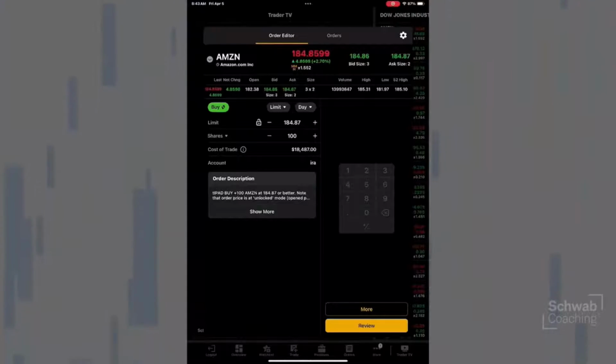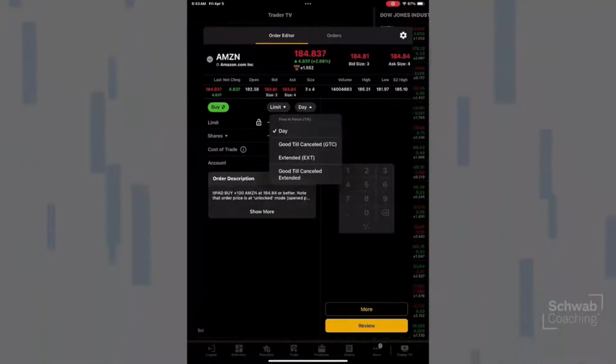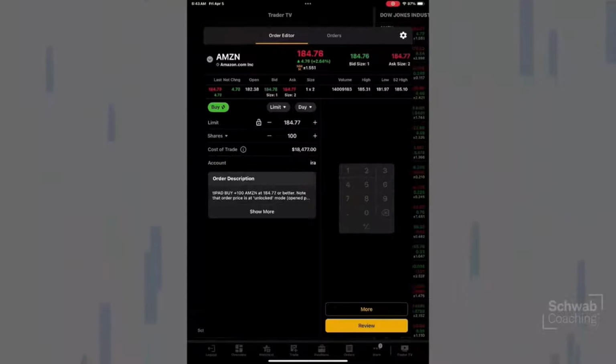Now, what you're going to notice is it's going to show that it has a buy. We can click on sell, change it back to buy. There's the order type that it is, okay? Day, or good till canceled, whatever you want. And let's just do a quick example. Let's imagine that we wanted to buy Amazon stock and we don't want to do 100 shares. Let's say we just want to do 10 shares. Well, if we did 10 shares, what you're going to notice is we can just update the number of shares to 10.